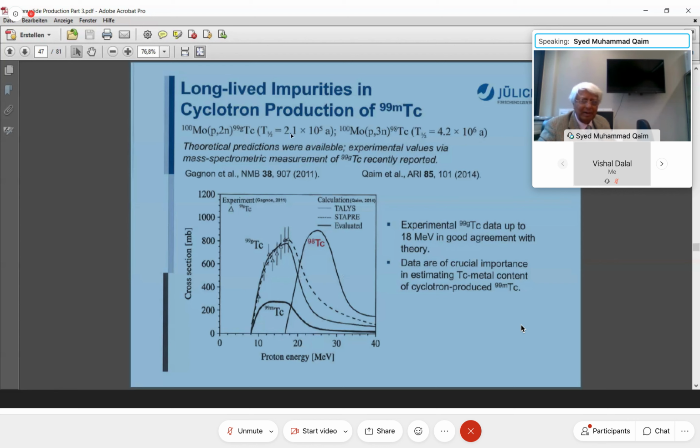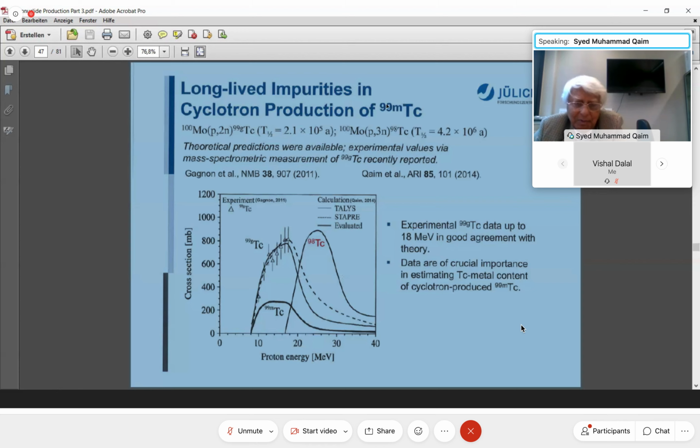So from molybdenum-99, fission molybdenum gives technetium-99m. That is used, but it decays to very long-lived technetium-99g. And if there is too much technetium-99g, it could be dangerous for the brain or for other parts where technetium accumulates. So the limit of technetium-99g is fixed. It should not be more than a factor of about 3 more than technetium-99m from fission.